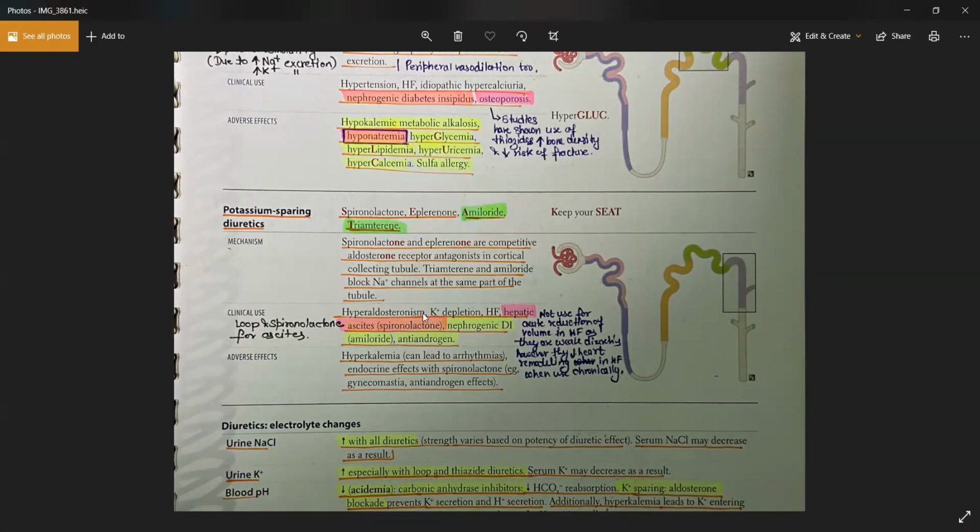Yes. So the side effect of these drugs would be hyperkalemia, and that's why whenever a patient is having hypokalemia after giving this loop and thiazide, you can give the patient potassium sparing diuretics. You can combine the loop and thiazides with the potassium sparing diuretics to counteract this hypokalemia in that patient.